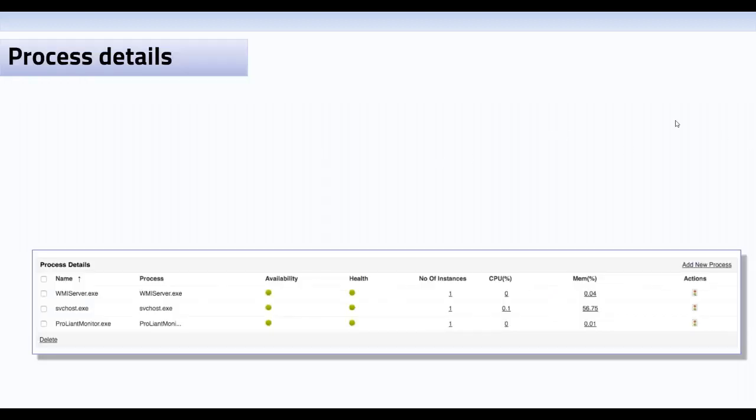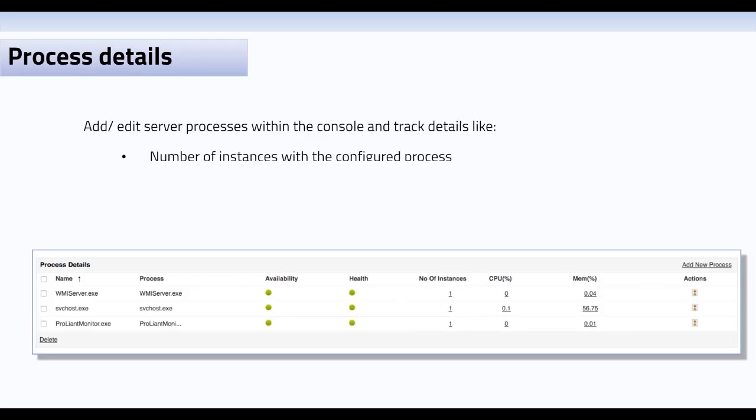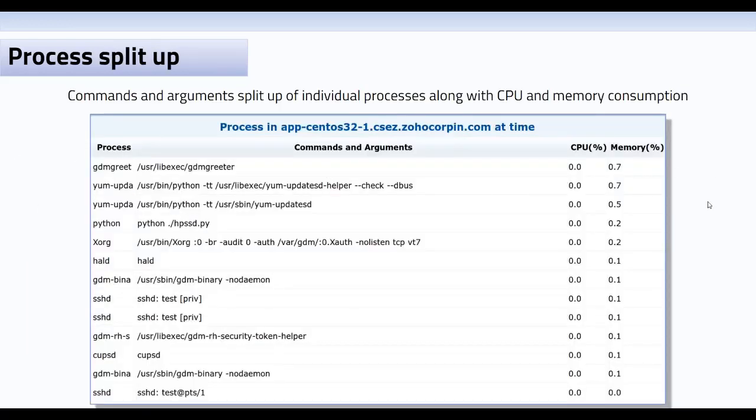When we talk about process details, the metrics that are captured include the instances that have this particular process configured, and the CPU and memory usage of each of these individual processes. It's basically understanding the load that the processes are contributing on your server. This is an example of the process split up in a Linux server. So this is how it looks. That is the commands and arguments within that process and the CPU and memory utilization of each of those processes